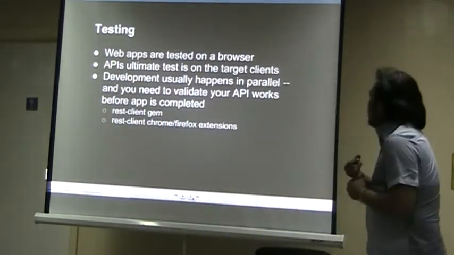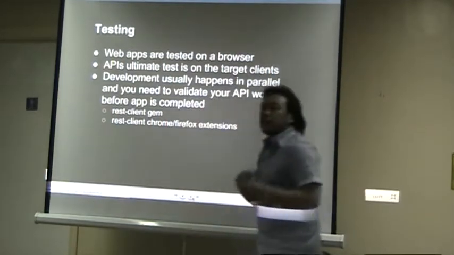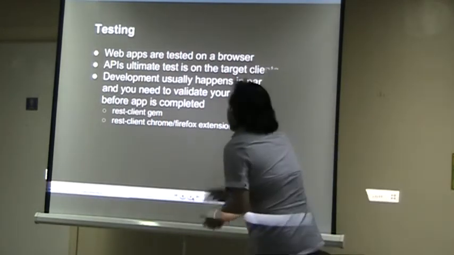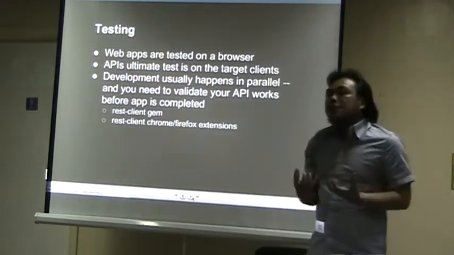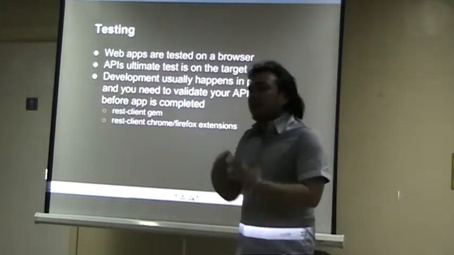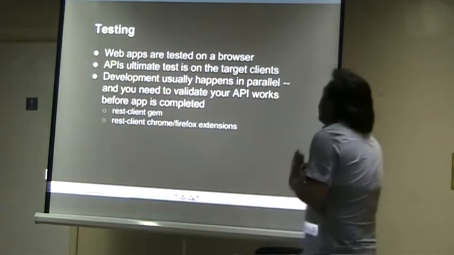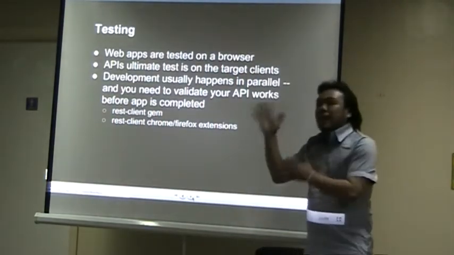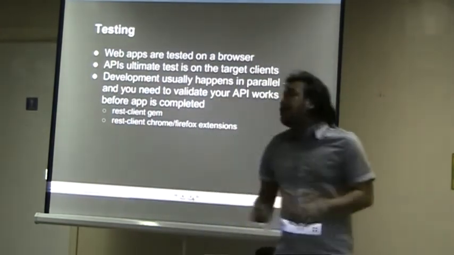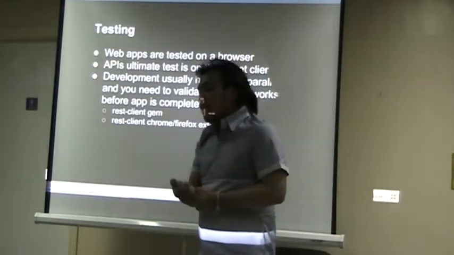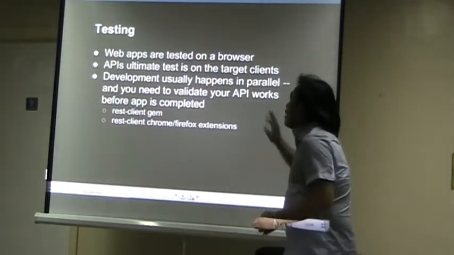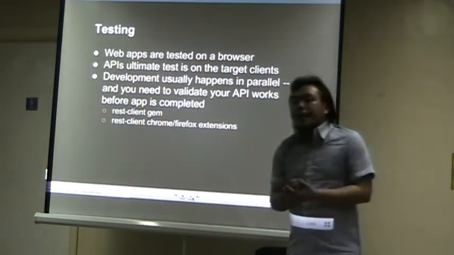So I just used a gem for testing called REST client to do a REST request onto my API. There's also some Chrome and Firefox extensions that allow you to do the same thing. You can also do a simple curl request. All you really need to do is test that those endpoints, that interface that you defined in your API, works. So now we've designed our API, we've planned it out by creating that interface, and we also have a strategy to test our API.